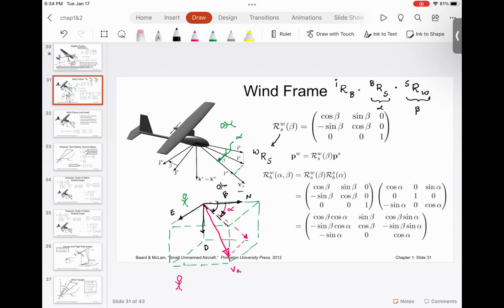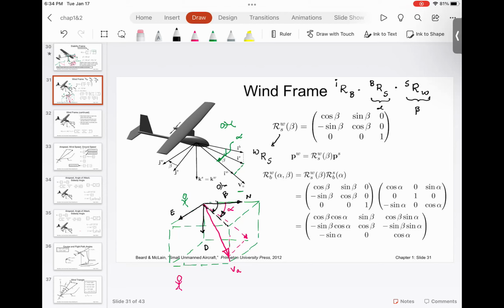So pretty much our first few frames, that is the translation of the plane from ground to vehicle frame. So wind frame and the stability frame, those are just being applied to the body frame. After body frame, what we have is we have the stability frame, and then we have the wind frame,